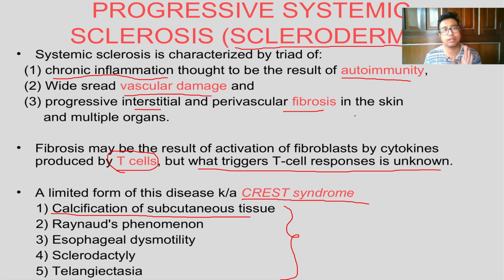It's definitely known to some extent, and many research papers are going on nowadays. There are many pro and anti-inflammatory cytokines and various genes which play a role, but those are still under research. So they are all in journals, they are not yet in textbooks. Okay, so for you guys it's still unknown. And remember the features, or at least the names of CREST syndrome. You will not be asked the specific features in detail.